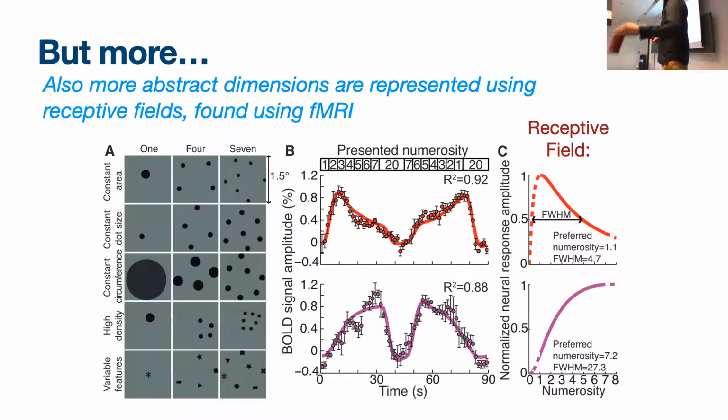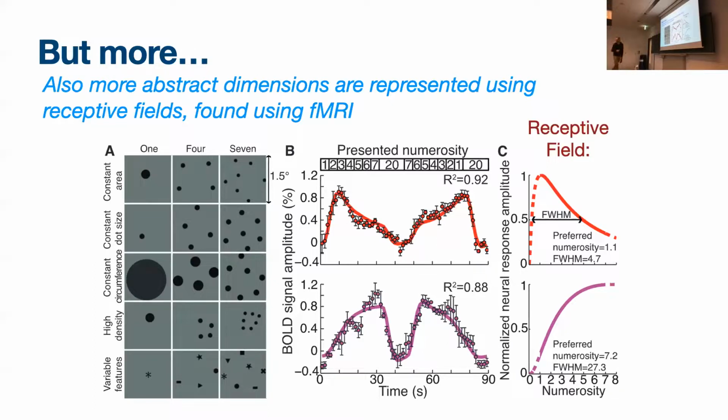Also, abstract dimensions, things that we wouldn't call sensory at all, have been shown to be organized in this way, such that you can actually fit these receptive fields to voxel responses, but then not based on vision or on audition,